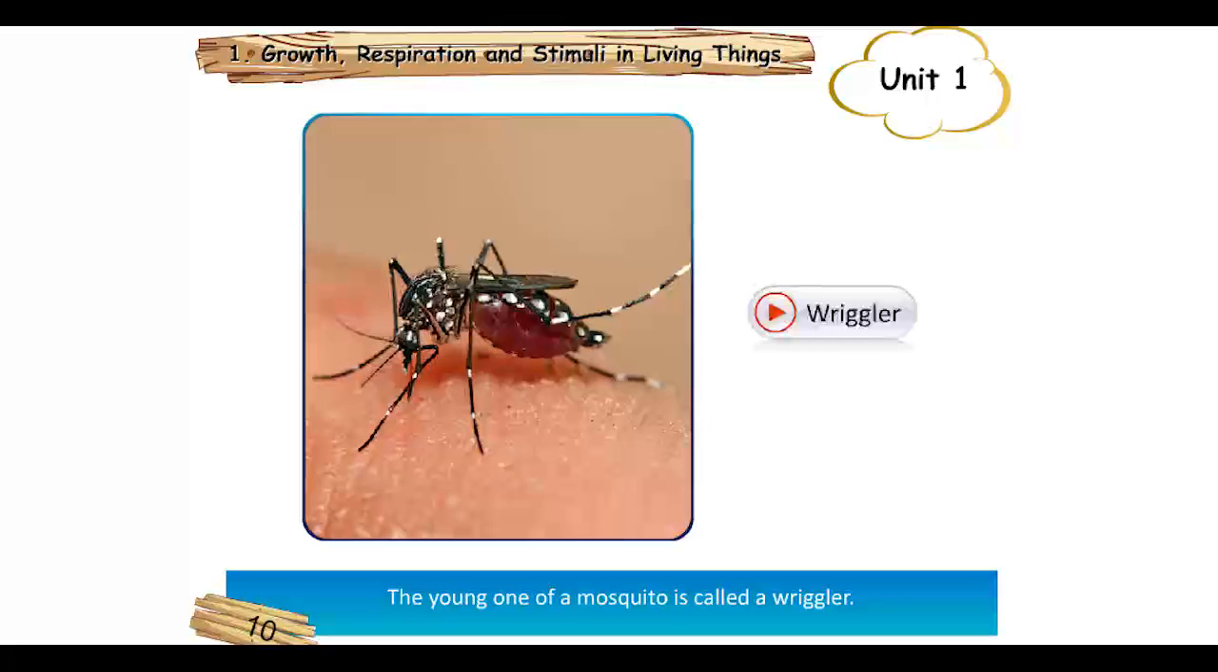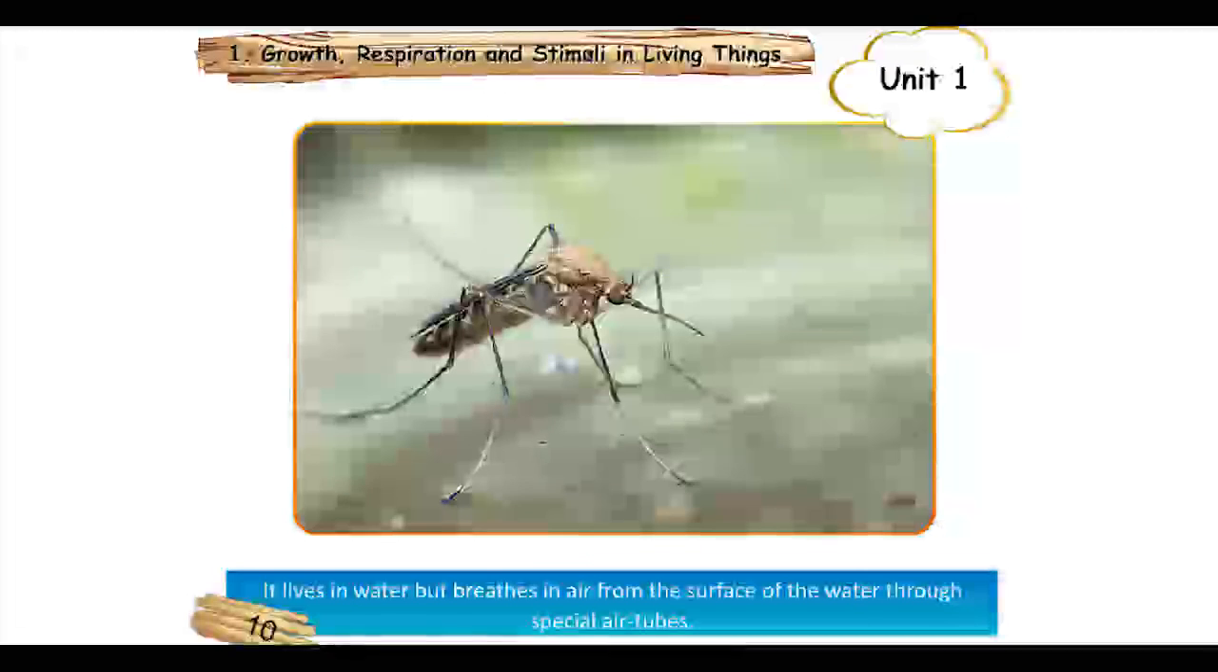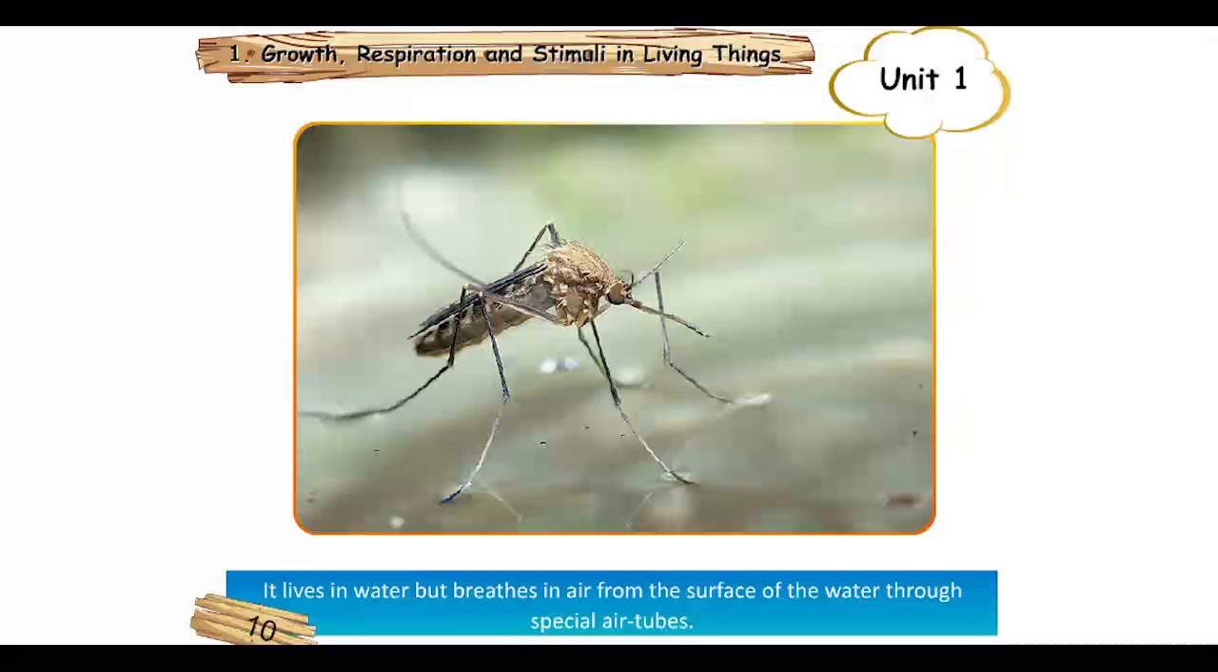A cockroach breathes in oxygen through the small openings called spiracles present on either side of its body. The young one of a mosquito is called a wriggler. It lives in water but breathes in air from the surface of the water through special